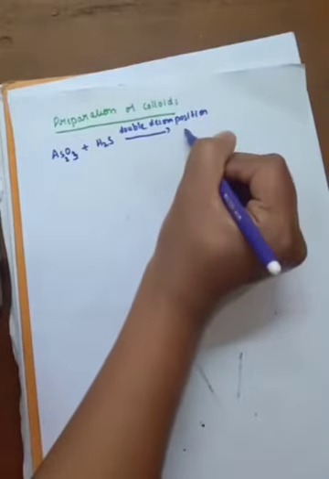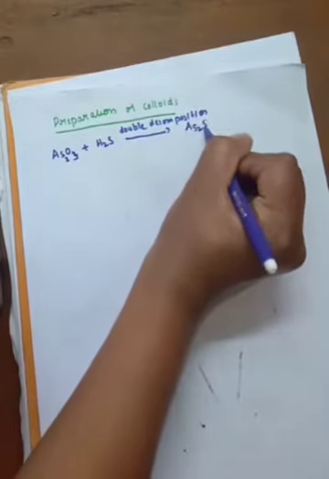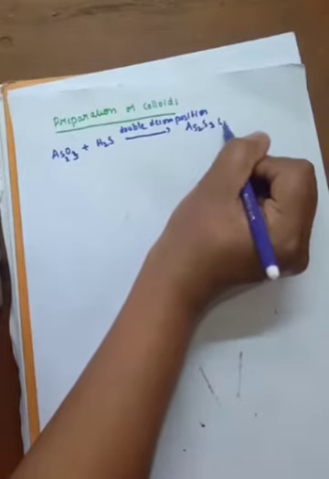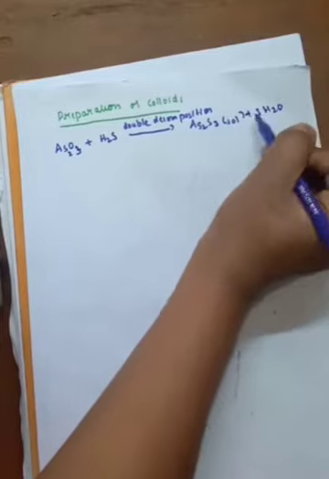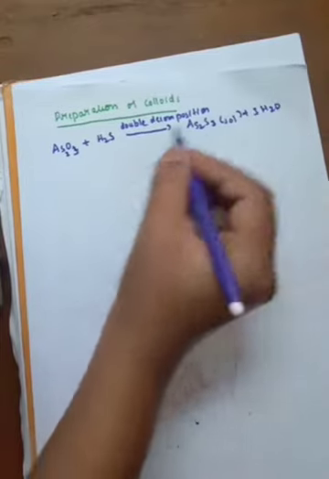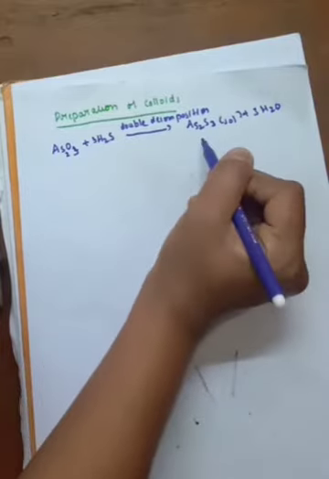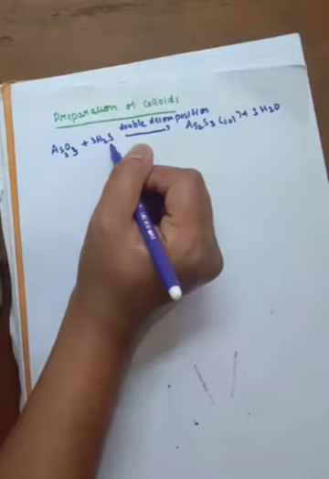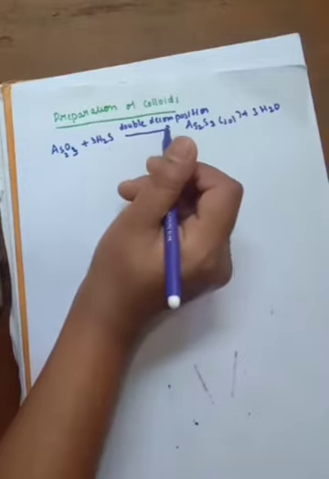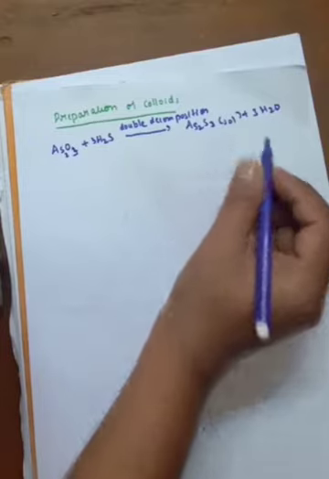Then what happens? Arsenic sulfide sol is prepared, along with water. You have to balance now. 3 times H2O is there, 3 H2O. Now the remaining are balanced. So when As2O3 is treated with H2S, under double decomposition it forms arsenic sulfide sol. And the next one is